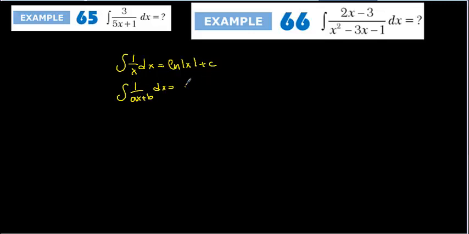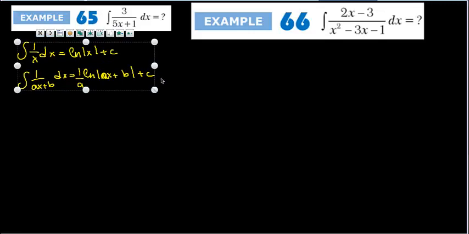dx is going to be equal to 1 over a ln absolute value of ax plus b, plus c, of course. It must be plus c. So if you remember this, these types of questions are going to be easy for us,